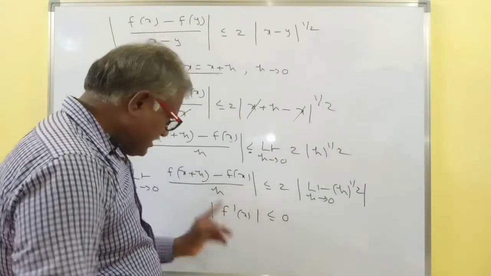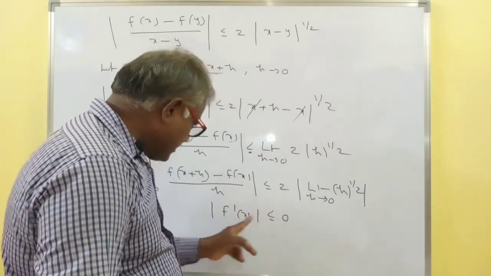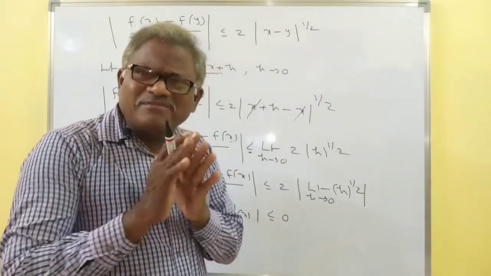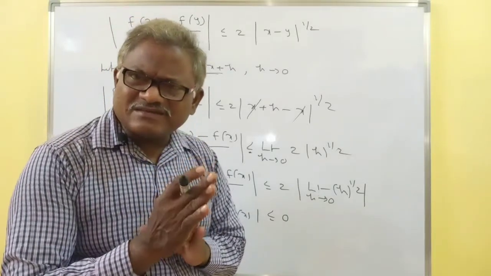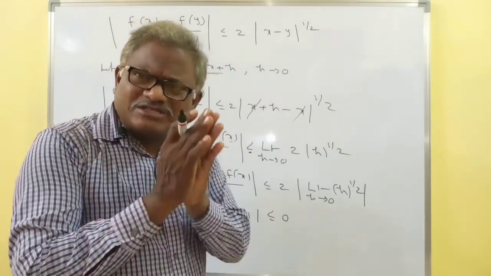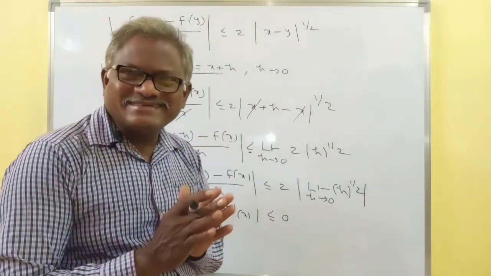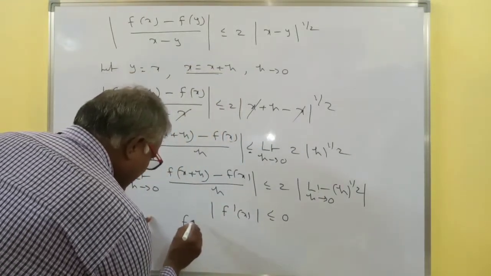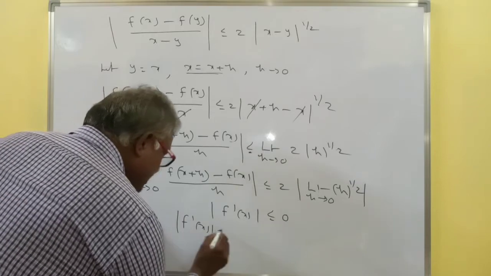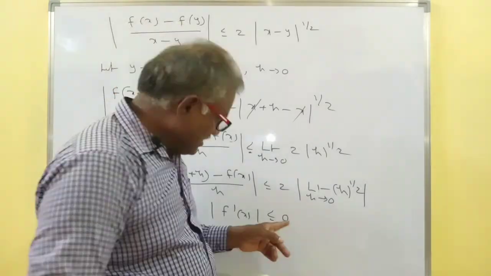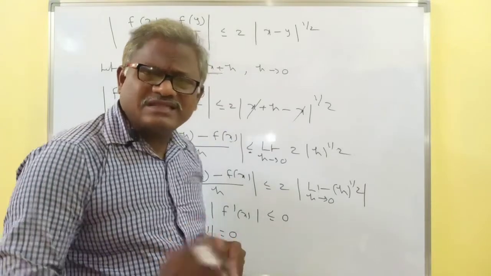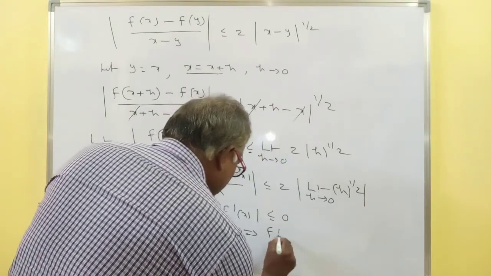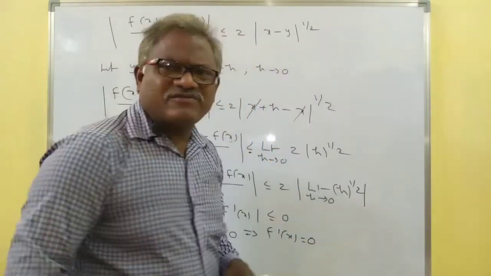derivative f dash x. Now, remember here, modulus of a function never becomes negative. Modulus of any function must always be greater than or equal to 0. So, no negative. So simply here it should be less than or equal to 0, but modulus is never negative. So, only equal to 0. So, that means here f dash x is equal to 0.